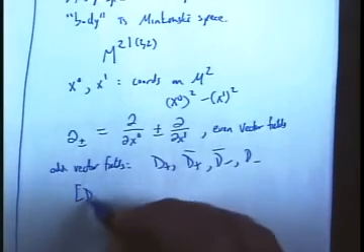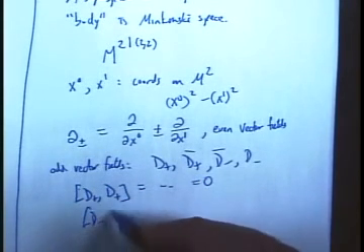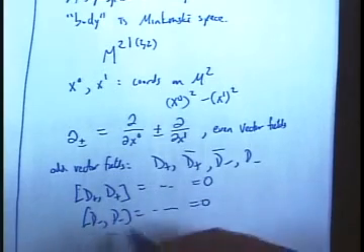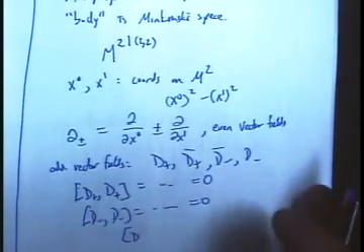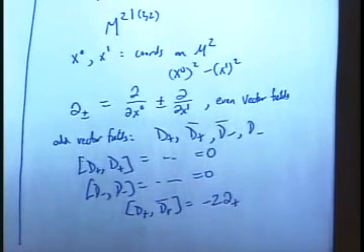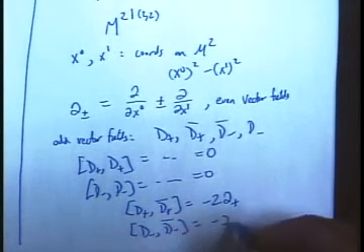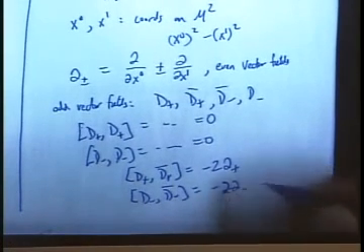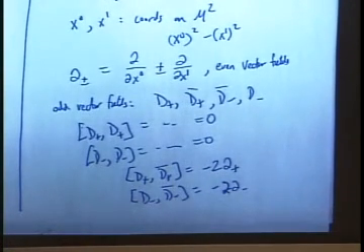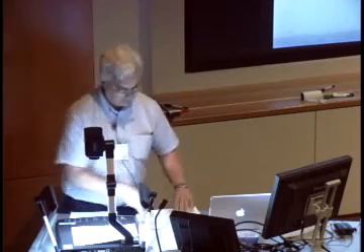So lots of the commutators are 0. I'll just write some sample ones that are 0. So d plus is 0, d minus is 0. Lots of other ones are 0. But the ones that are non-zero, d plus with d plus bar gives me minus 2 times the even vector field. The bracket of two odd things is even. And d minus bar is minus 2 times the odd vector field, del minus. So that's the basic algebraic structure that we add to the ordinary vector fields that we would see on a